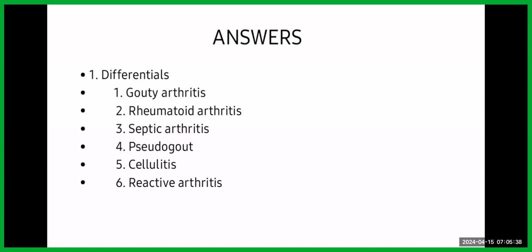Then also consider reactive arthritis, looking at the age of the patient, which is a sexually active age. And again, there could be some other things, 1 or 2 weeks earlier, precipitating the joint pains. Reactive arthritis affects joints of the lower limb more than the upper limb, and they could come with fever, swelling, and pain. So those are the things I consider. However, aside from these, there are a variety of monoarticular arthropathies that could present this way, but I agree with the ones I placed in the group. There could be many even.